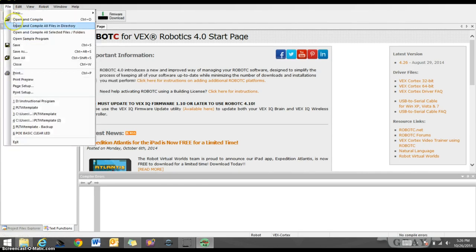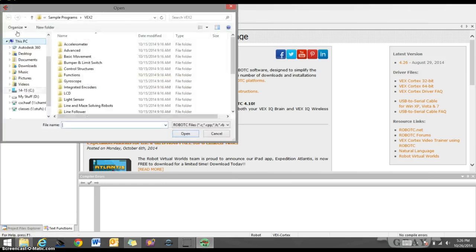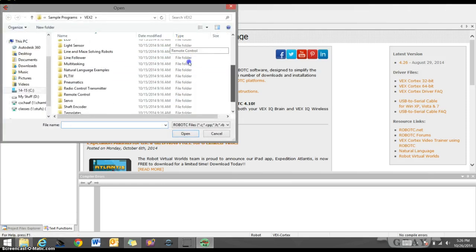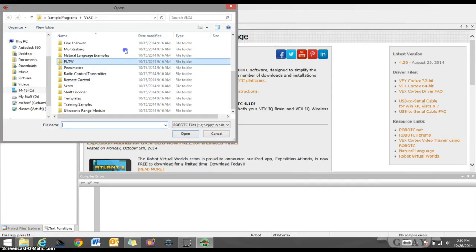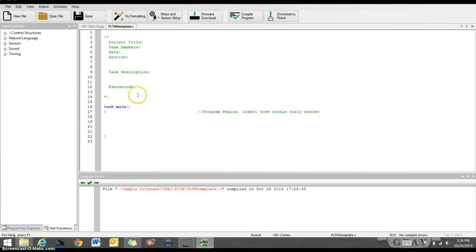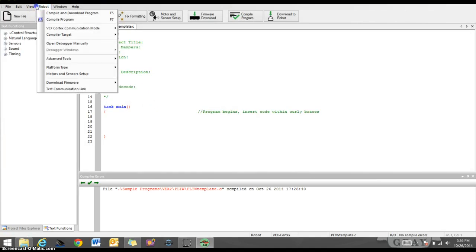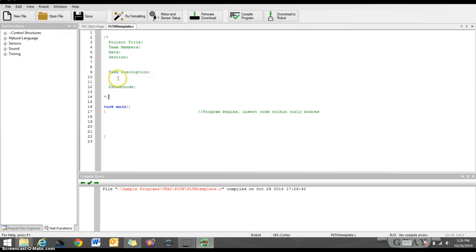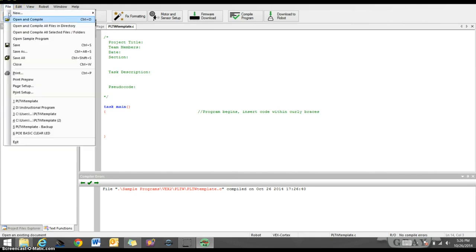Now I'm going to go to File, Open Sample Program. I'm going to go down to my PLTW folder if you're not already in it. My PLTW template, open. Okay, now I just want to make sure, go to Robot, Platform Type, and make sure it's on Natural Language again. Okay, so once that's done, I need you to go to File, Save As,